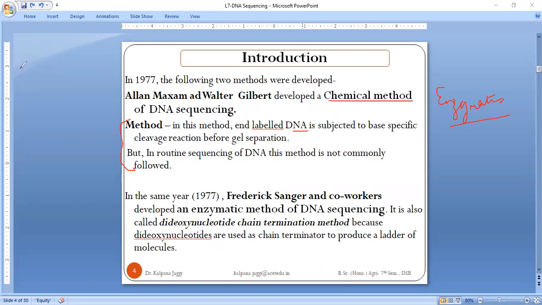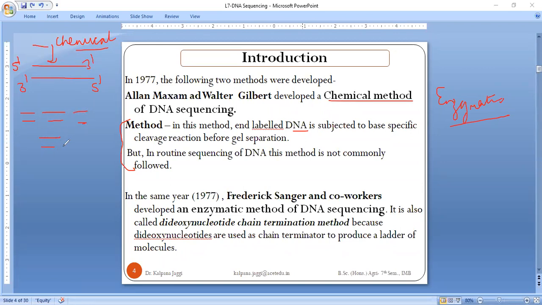And here what is done? A DNA is taken because we need to know the sequence of the DNA. There are possibilities of knowing the sequence of the DNA extending in the direction 5' to 3' or in the direction 3' to 5'. When we need to know the sequence, the DNA strands are not to be retained as they are. We sometimes need to break them. When the breakage is done with the help of chemicals, it is said to be chemical degradation, right? Once the degradation is done, obviously we are going to have various fragments.